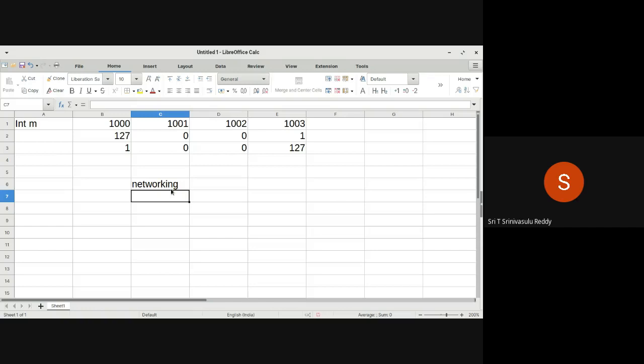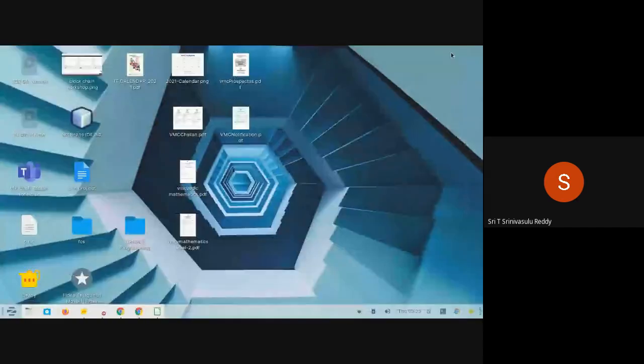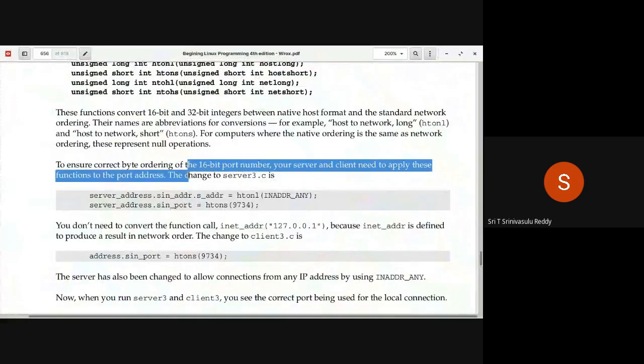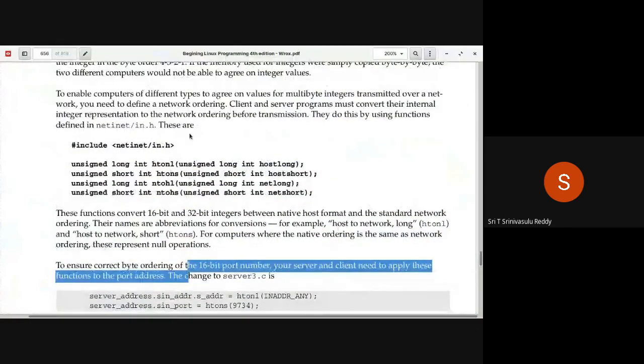That's where these conversion routines are helpful. You can see here, there are a number of conversion routines to enable computers of different types to agree on values for multi-byte integers transmitted over a network.